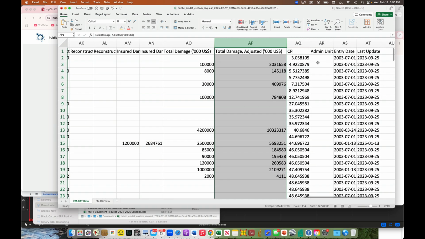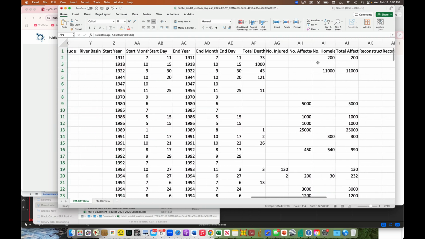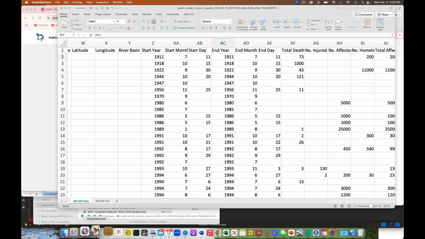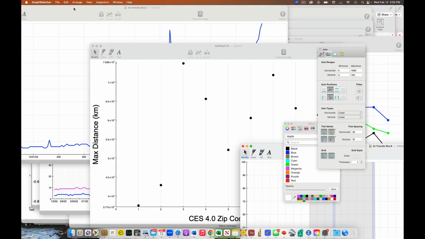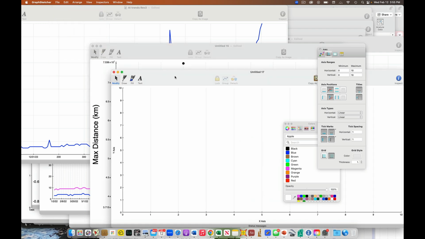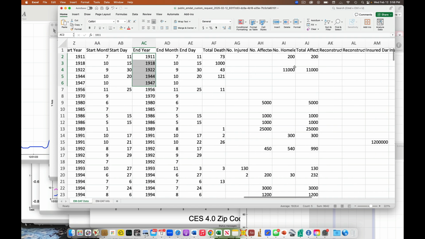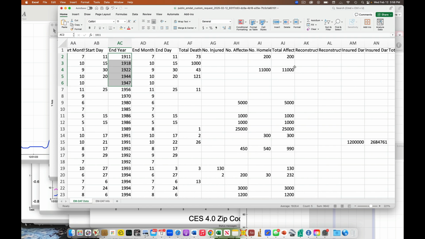But let me just show you guys a quick, simple way to start to add stuff up. Okay, so now we have 1911, 1918, 1922, 1924. Those are all one-offs, so that's not a problem. So if I were to graph this, real quickly, if I were to graph this, right? Sorry, let's do that. Let's do this real quick. I told you guys to do costs. Okay. So if I did this,